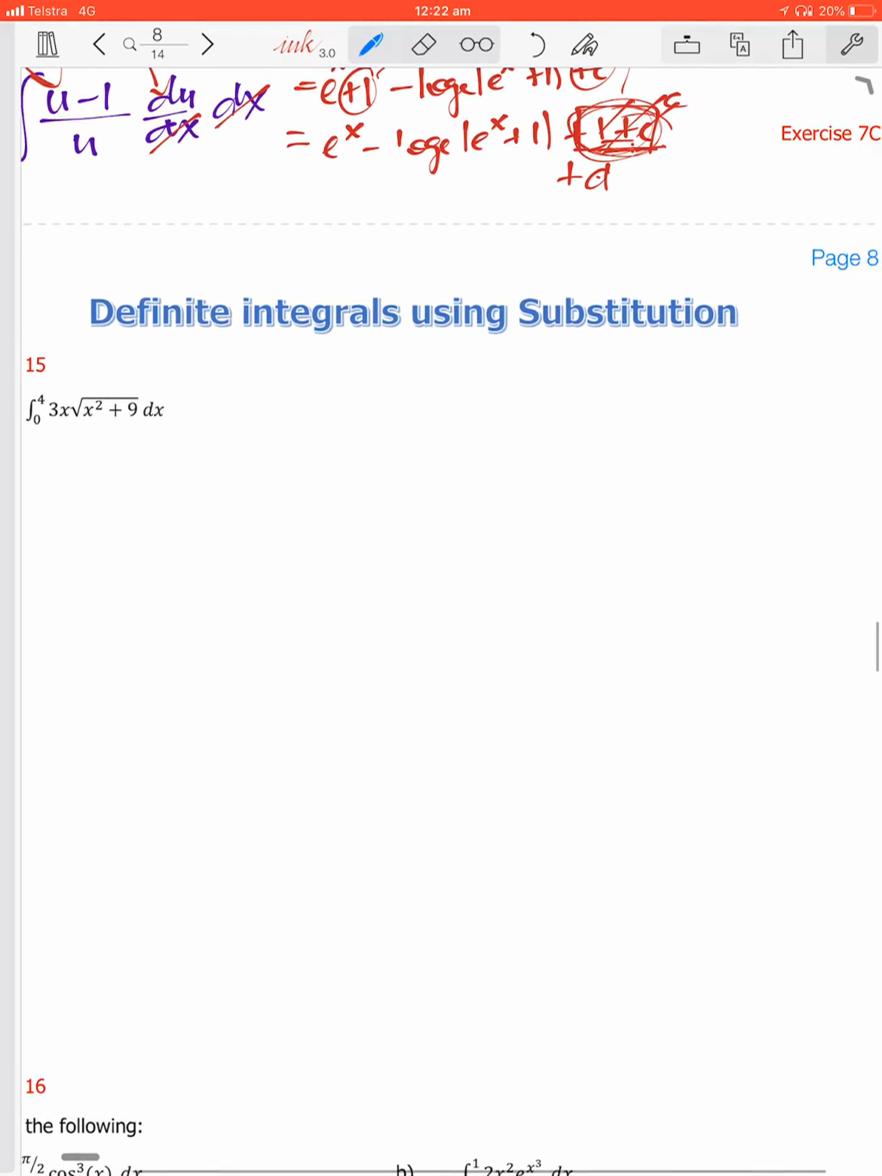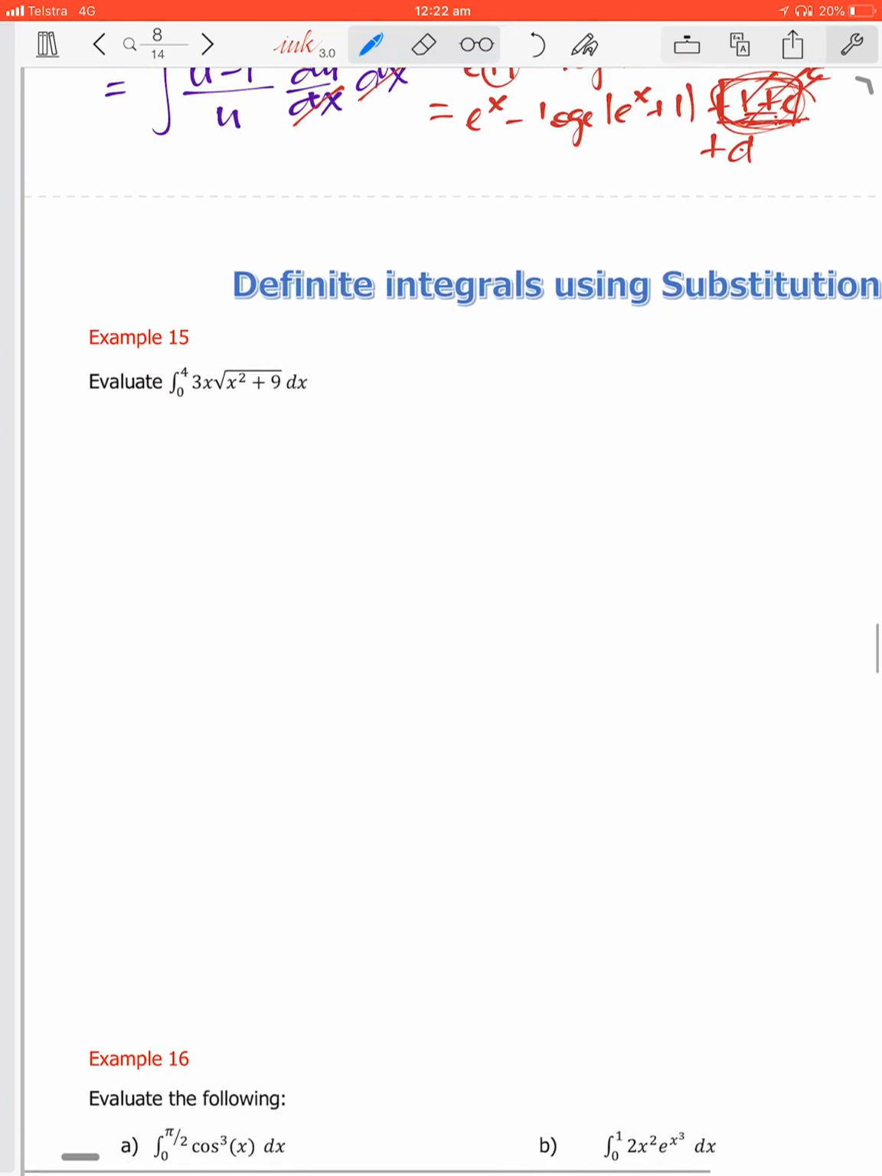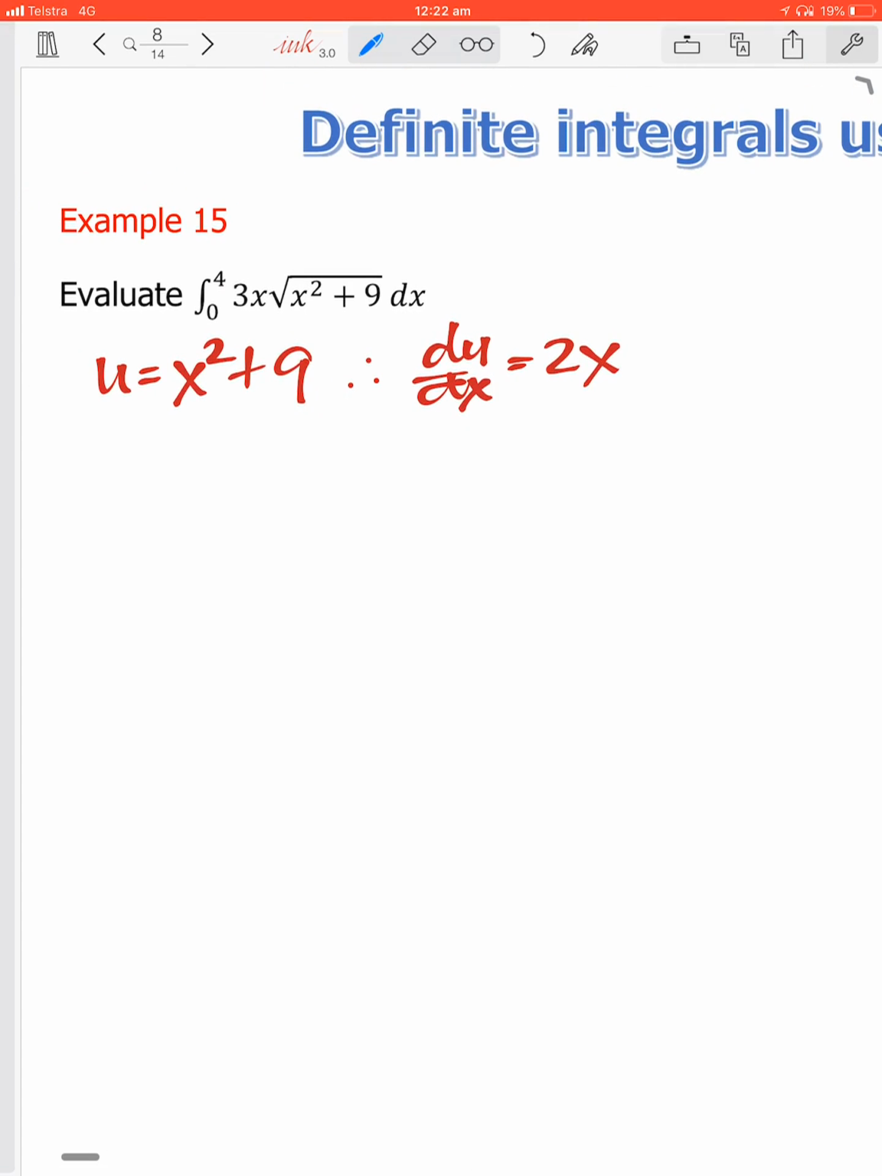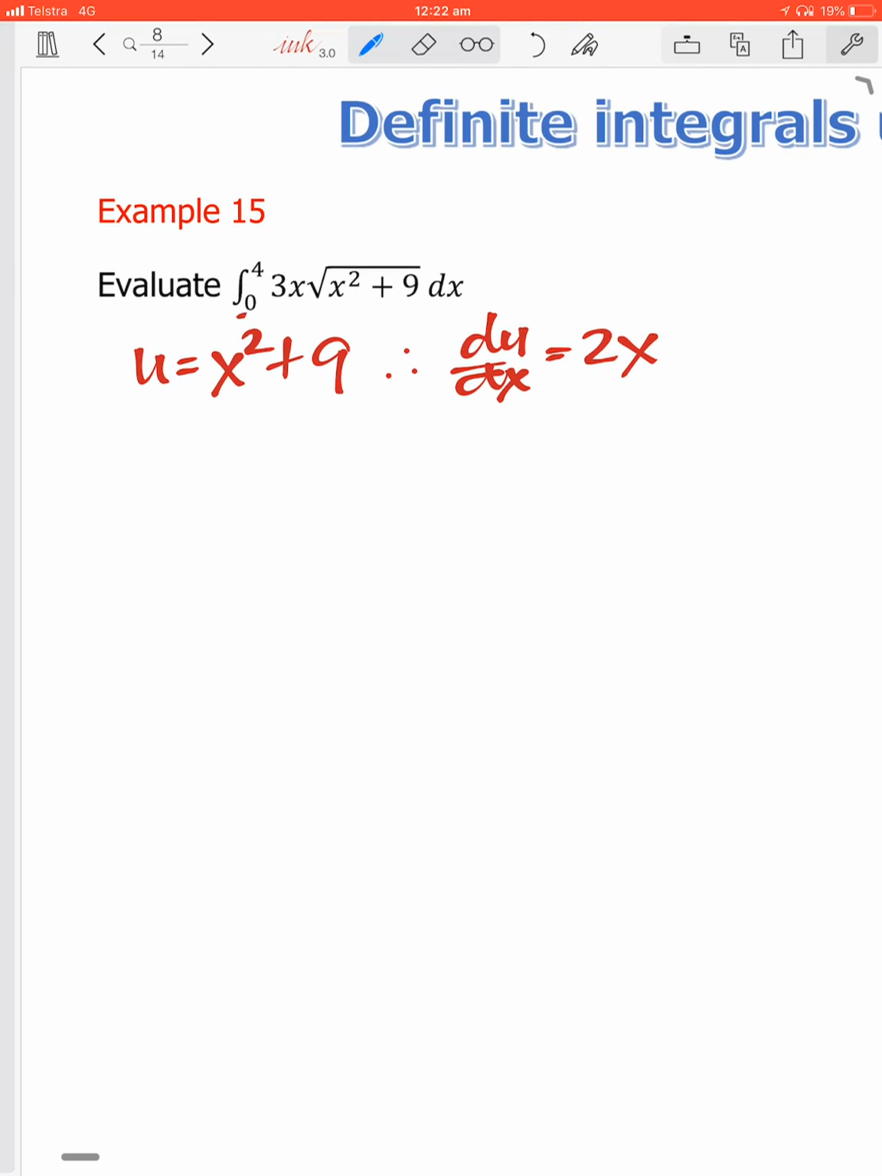let's have a look here. We're using substitution, but we're finding definite integrals. So if we have a look here, my substitution is going to be u equals x squared plus 9. Therefore, du dx equals 2x. And from this, we know, because we've got terminals, they're to do with x, so we've got to convert them. So if